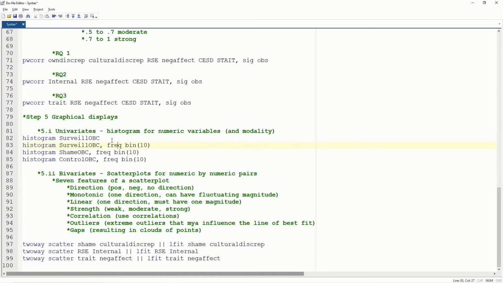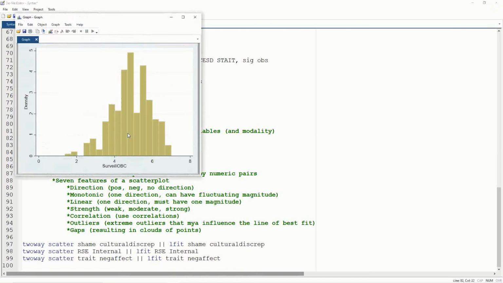So we're going to just look at 3 examples, and I'm going to use the OVC variables. But I challenge you to go away and actually have a look at all the other variables as well. For the sake of time, we're not going to go through all of them. And really, this is just to identify modality, but also to talk a little bit about looking at normality from an eyeballing perspective. So if I run my histogram syntax, which we looked at last week,